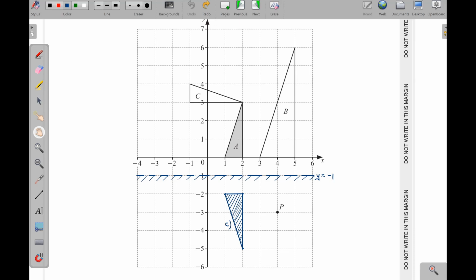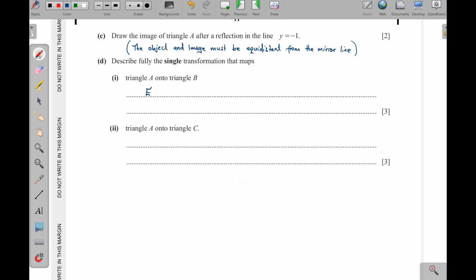Now, for the rest of the other transformations, we have reflection, translation, and rotation. The object and the image are congruent, they are the same size. Just like I've reflected this one in here, this one is the same size as this. You can easily see that A was rotated to give you C. Not so? They are the same size. But for enlargement, either the object or the image is bigger than the other. You see that? So since this one is bigger than this one, that is of course enlargement. So I will come here and say this is enlargement,